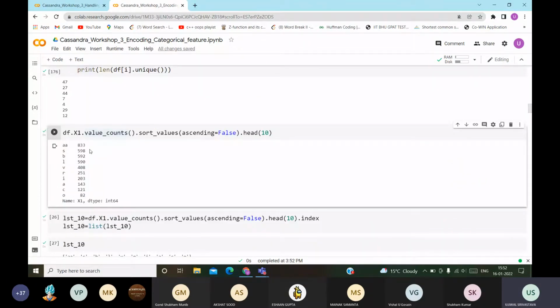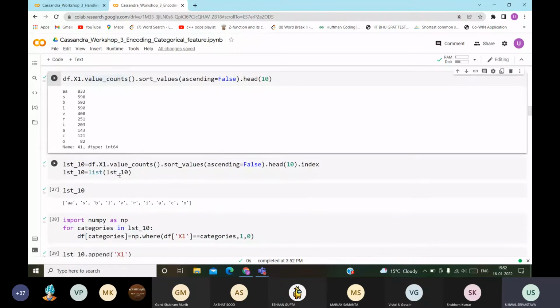Basically you can assign them 1, 2, 3, 4 like that, and all the remaining categories, the remaining 17 categories, you can assign a new value 11. Assign 11 to all of the remaining values, and assign 1, 2, 3 to these values. So in this way you can basically deal with it. Now let us see how we do it in code.